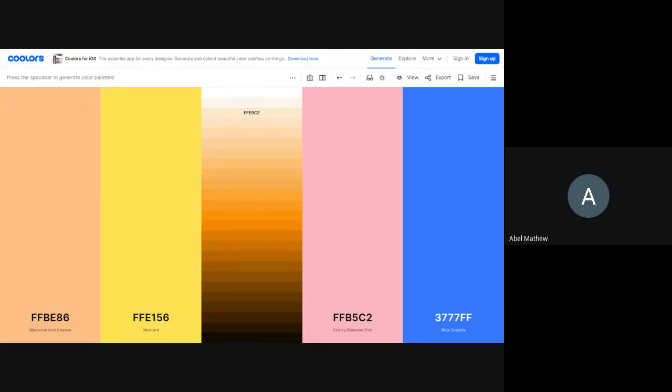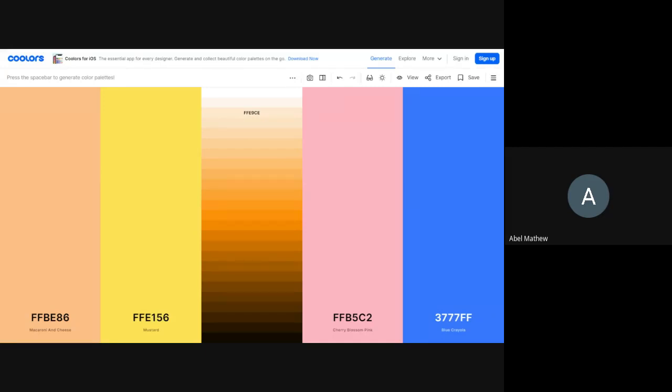If we see the color on the very left, it has the code FFBE86. So red equals FF, and FF in hexadecimal is equivalent to 255 in decimal. That is the maximum value that can be encoded in this red channel.